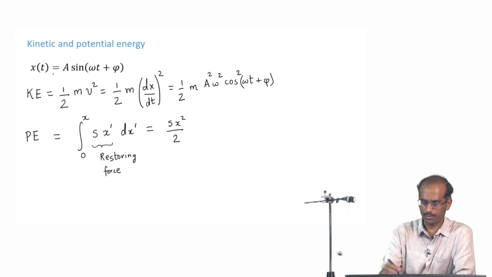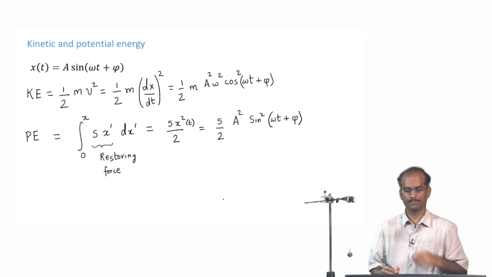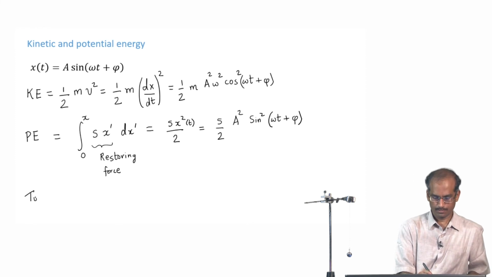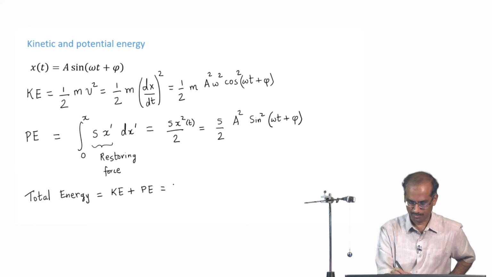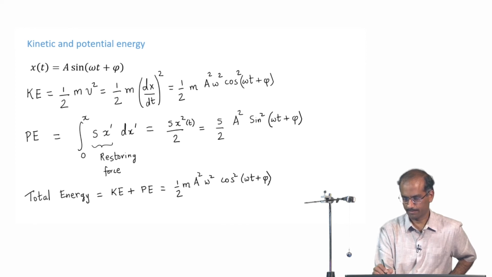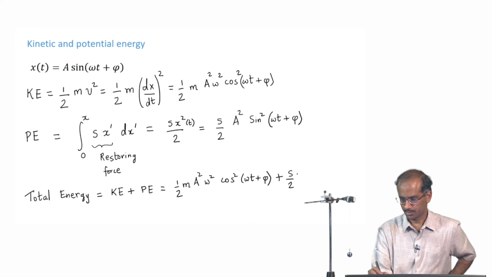And if I substitute this value of x here, remember that x is a function of time, it will be equal to s by 2 into a square sin square omega t plus phi. The total energy would be the sum of kinetic energy and the potential energy. All we need to do is to add these two expressions that we have. So, half m a square omega square cos square omega t plus phi, plus s by 2 into